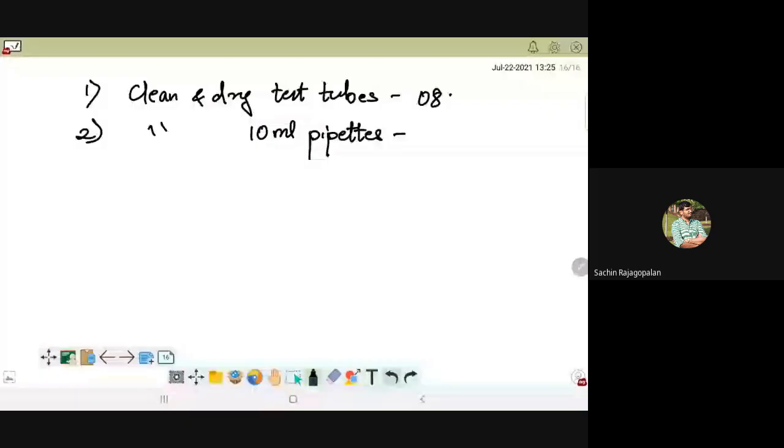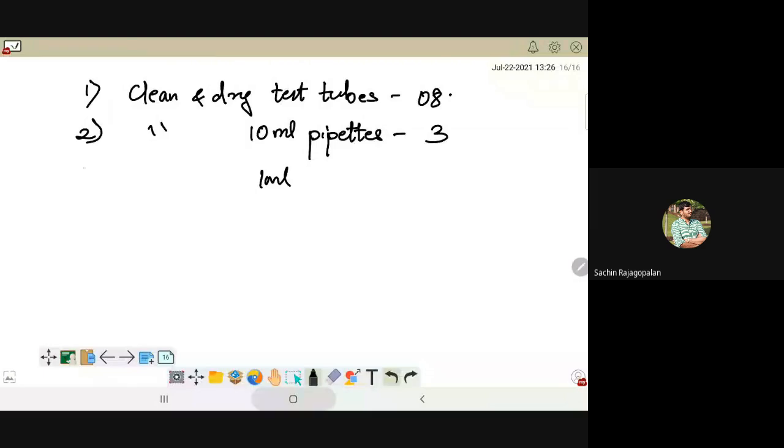10 ml pipettes. So you'll need 10 ml pipettes for addition of your amino antipyrine, your potassium ferricyanide. Also you can use it for NaHCO3. Then I think also for your diluent, right? The one you use for diluent, you can also use it for adding one of the components. I think 3 10 ml pipettes should be enough.